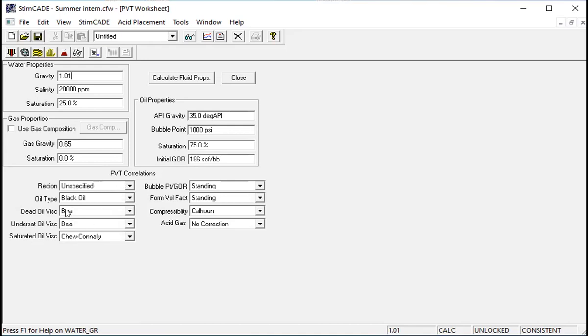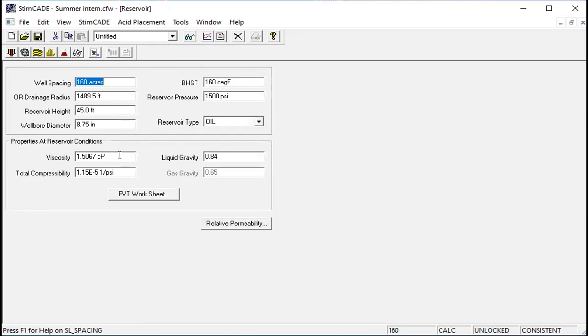Then what type of correlations do we want to use? We have already discussed a lot about this PVT correlation. So once you have inputted all of these parameters and you come to calculate, it will automatically calculate these properties here. So the next one now,